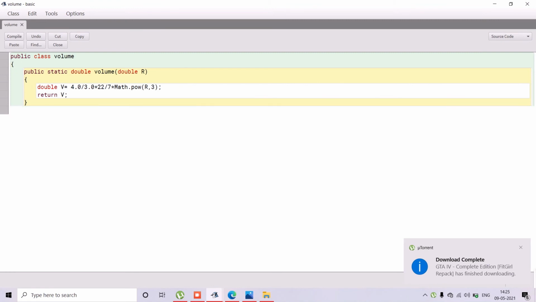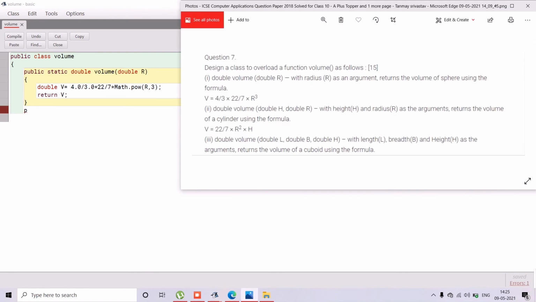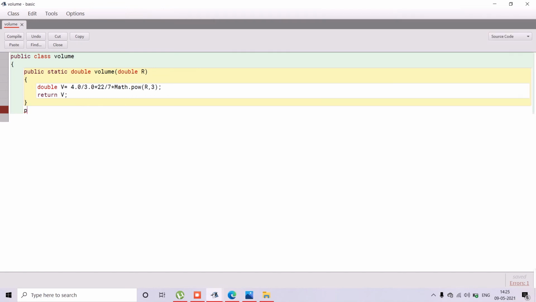So let's see what came here. Then again what it has told. Then another, you can try the third by yourself. I will make the second also.